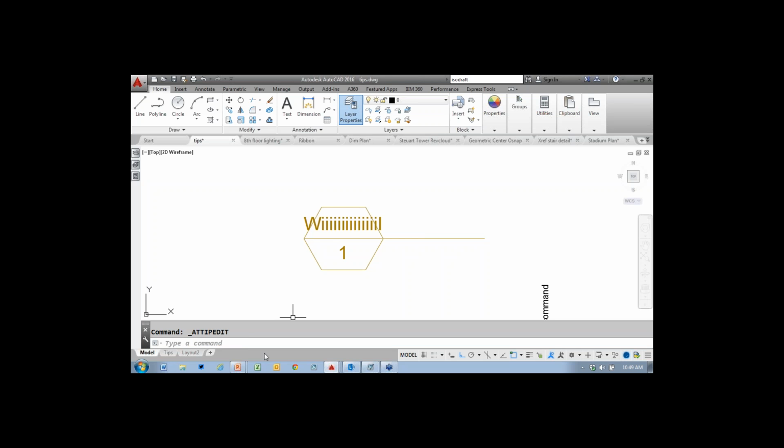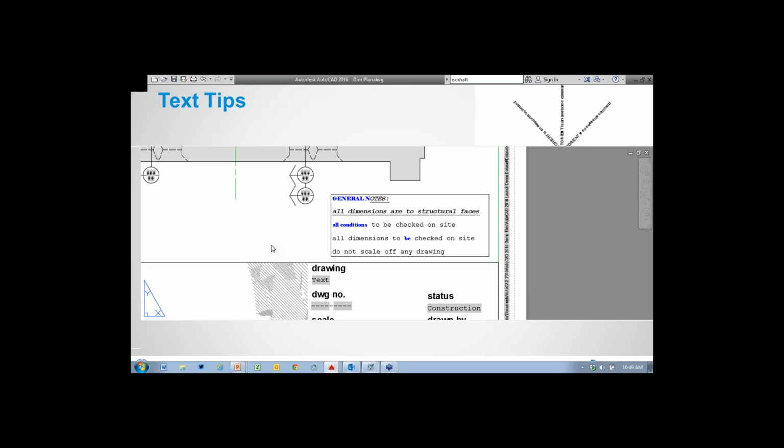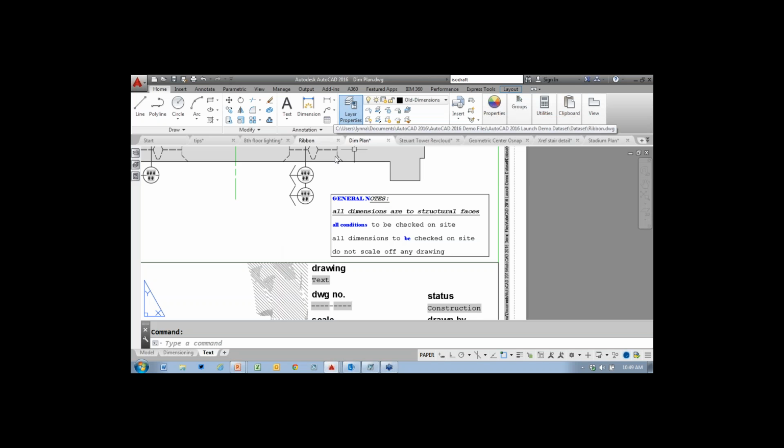I'm not really sure why I did it like that in the PowerPoint. Here's the PowerPoint for you. Control, double click. I need to fix that. And I did not show you text align, so let's take a look at that. Let's go over to